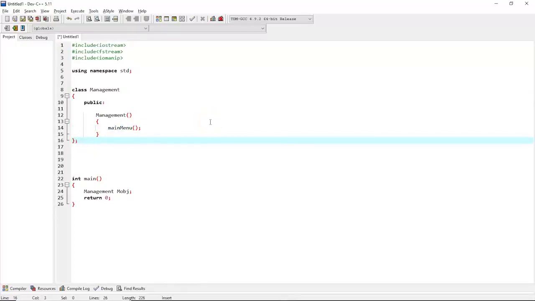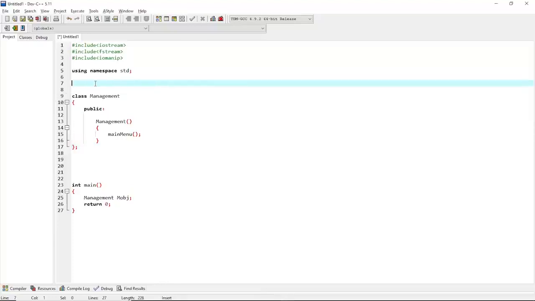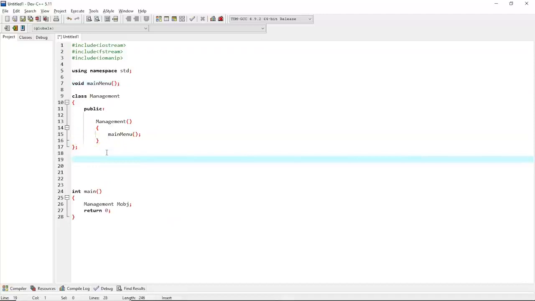Now inside this function main menu we have to create a menu that will display on the screen, and also we have to use this function many times inside this program. So we have to declare this function globally. So we'll write void main menu. So this is the function prototype. Now after that we can create this function. So let's write void main menu,